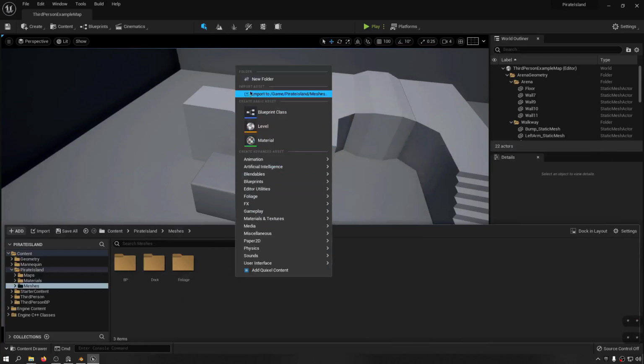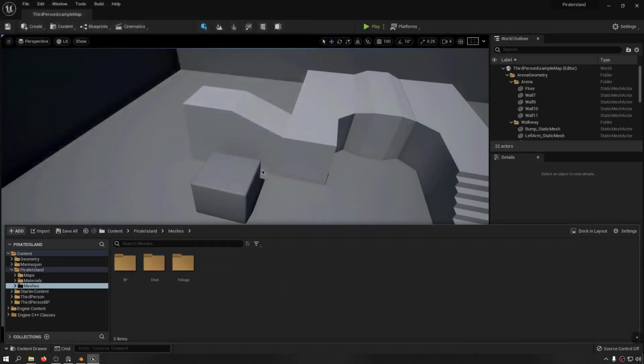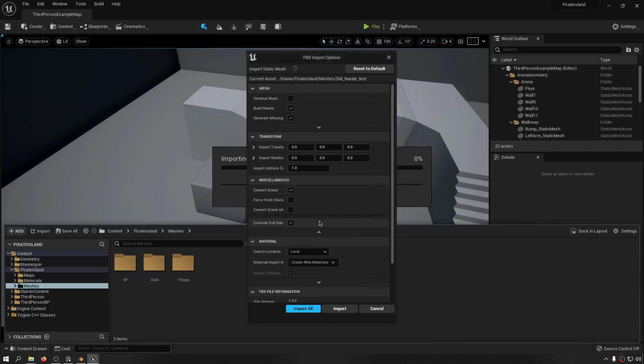We use the same method for importing anything into Unreal, and this is our mesh. Let's hit import. And now you have a couple of options. One is importing into Unreal and then later on making it a nanite mesh, or making it a nanite mesh in the same place. So I want to do the same. I want to make it a nanite mesh in here, and there are some more things that you need to do. First is expanding this